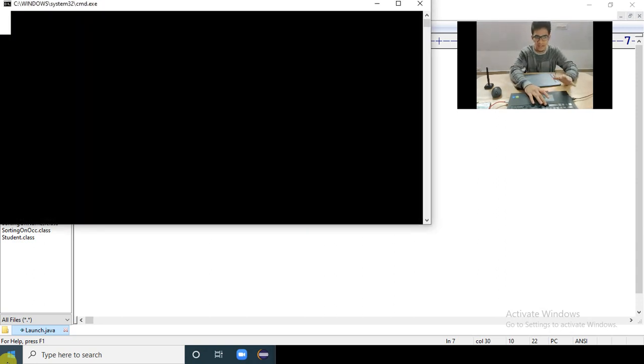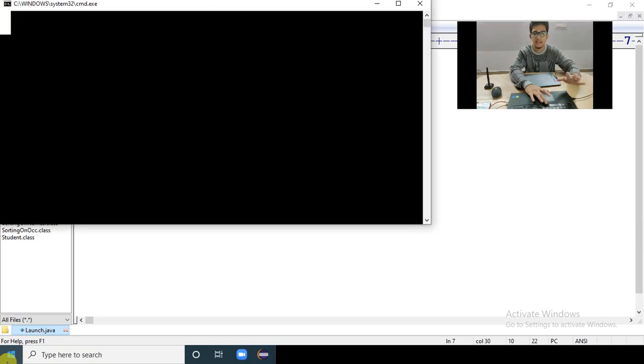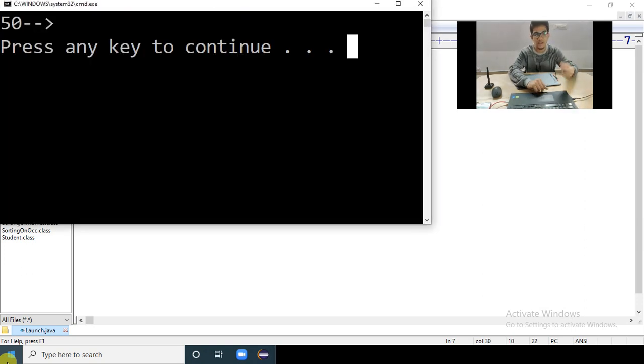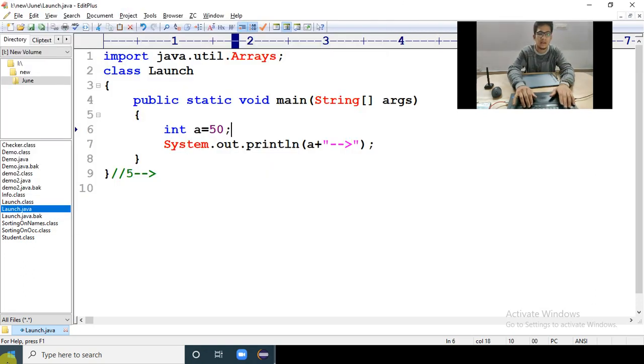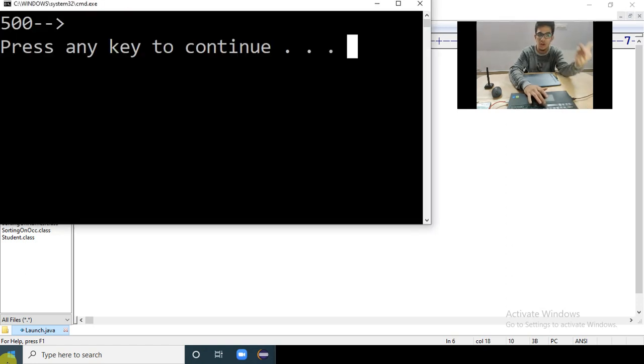So if I tell like this, let's see, compile time, no error, right? No error. If I execute, see, the value of a and the string is joined. So if you tell plus, that is the way to join. Okay, so I'll change it to 500. Will it affect my output? Yes, it should affect my output now. Let's see. See, the value of a, 500, is attached with that dash dash. So I hope now most of you got to know how to attach a value and a string.